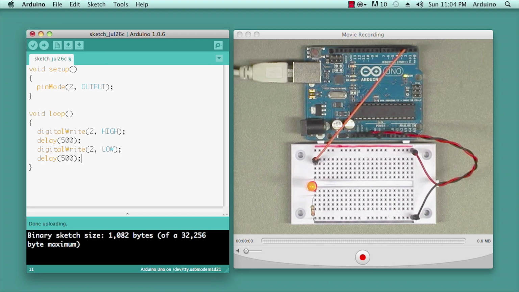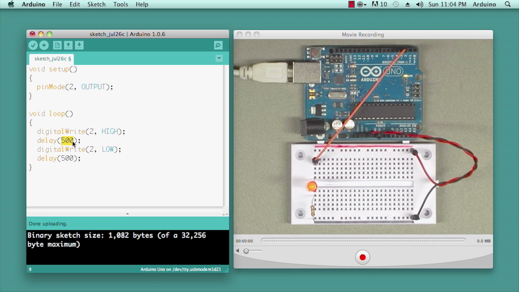Alright, welcome back. We're now going to take the next step in illuminating an LED with an Arduino, which is instead of just blinking it on and off at full brightness for high and zero brightness for low, we're going to simulate sending it an analog voltage, a voltage that's not 5 volts or 0 volts, but it looks like it's somewhere in between. Now the microcontroller can't actually do this, but it uses some circuit magic that's very similar